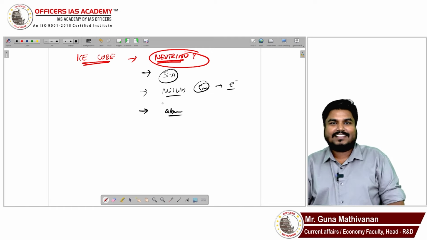But the problem is that detecting the neutrino is challenging, because the size is so small and it hardly reacts. Again, don't think it does not react completely. The reaction will be very, very low. In 1 second, 650 trillion neutrinos are passing through our body. Like that, if you take 1 year,